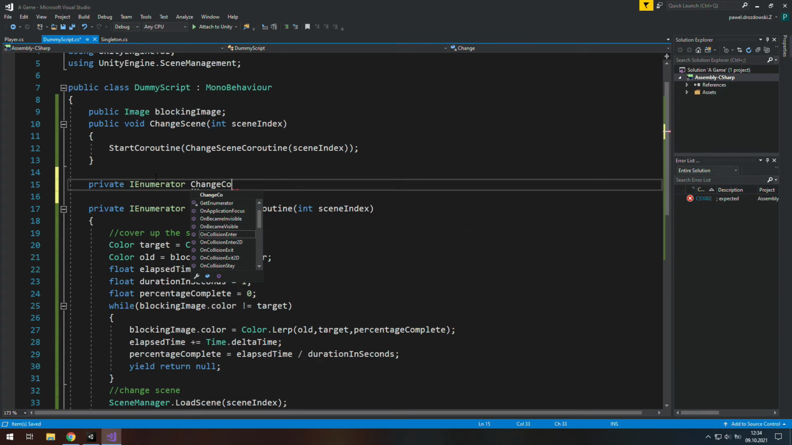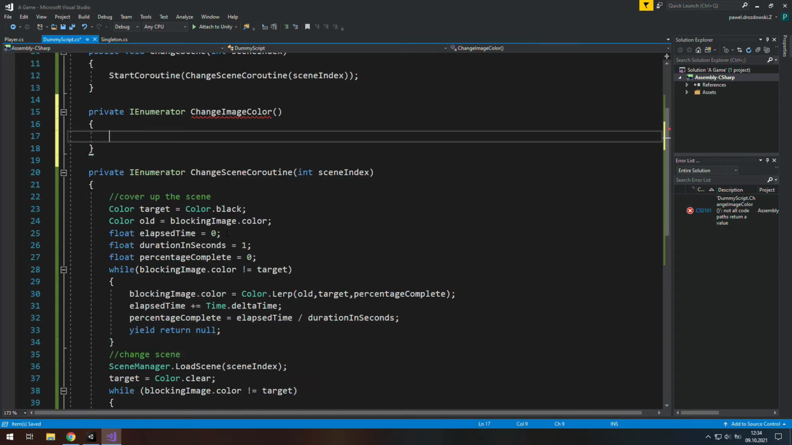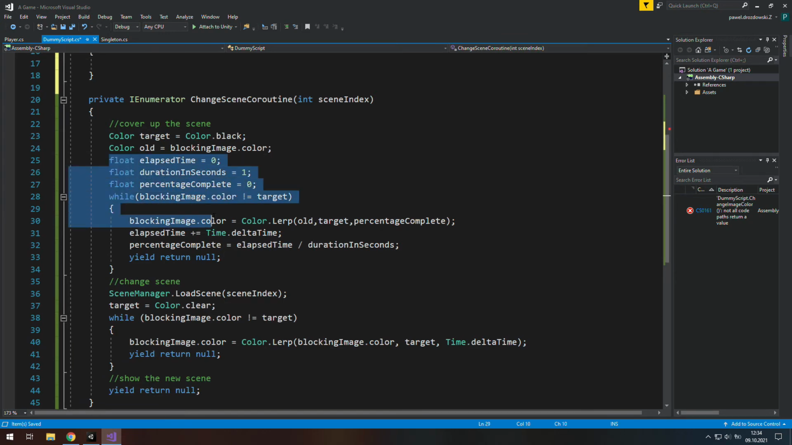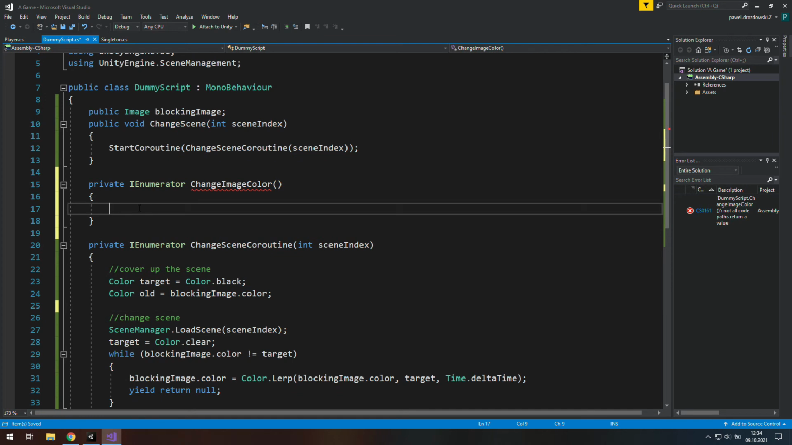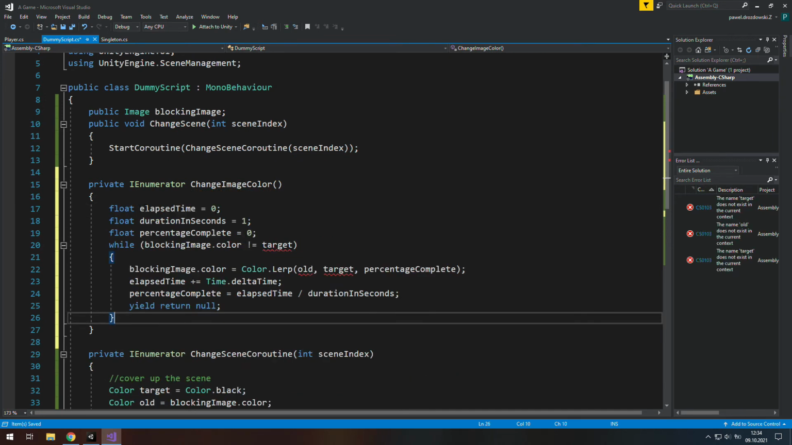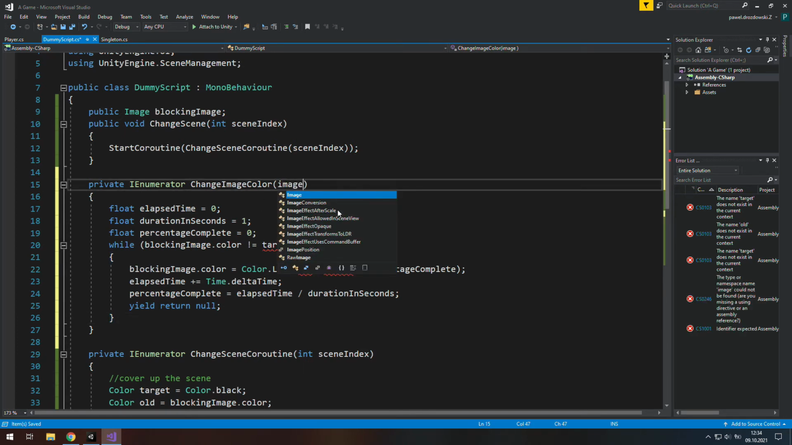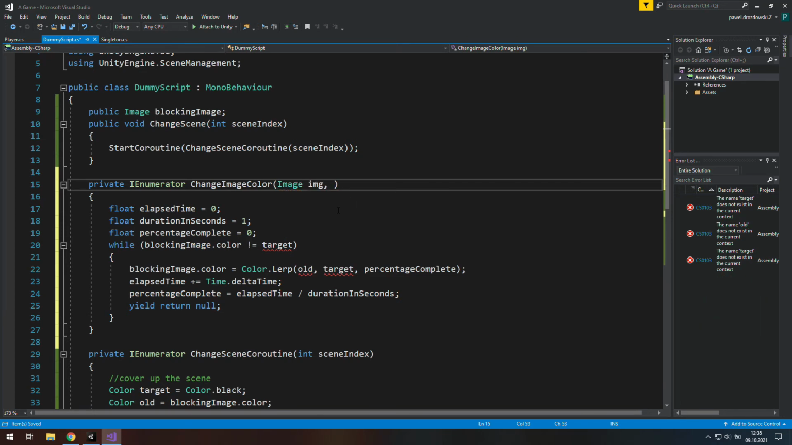Change color, or maybe change image color. Okay, and there we want to use this part of the code. And now we miss some variables. So let's use image, emg, color old, color target,